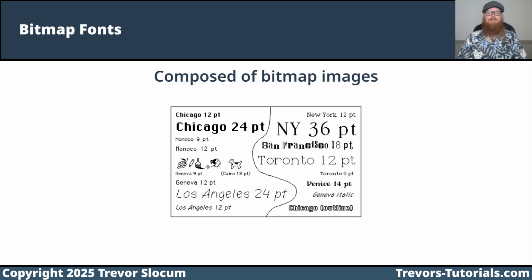Bitmap fonts are composed of bitmap images, meaning the font files contain raw image data, and when we draw text onto the screen using a bitmap font, we just copy that image data onto the screen. If we want to draw text larger or smaller than the sizes that are included in that font file, we end up guessing in some way at how to fill in that data. The result of that guess can be aesthetically pleasing, but it might not be.